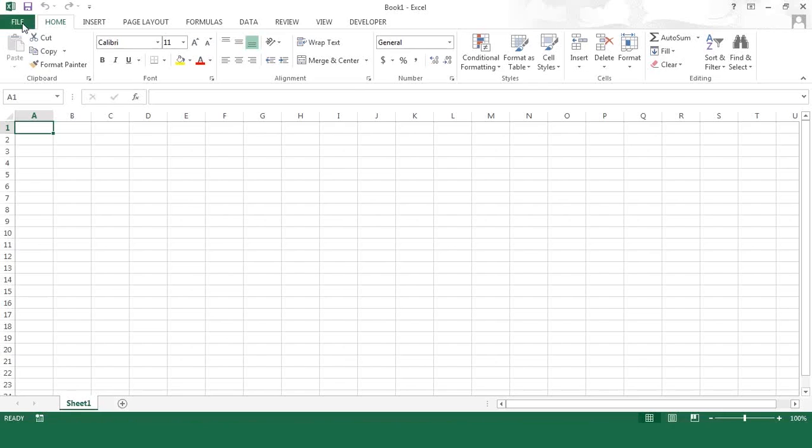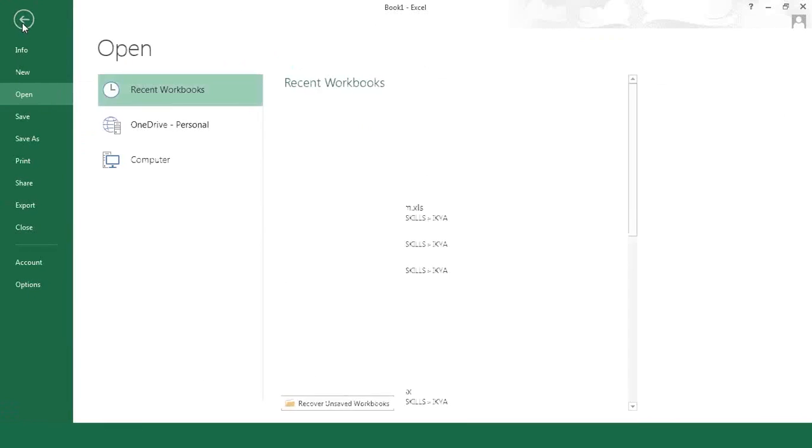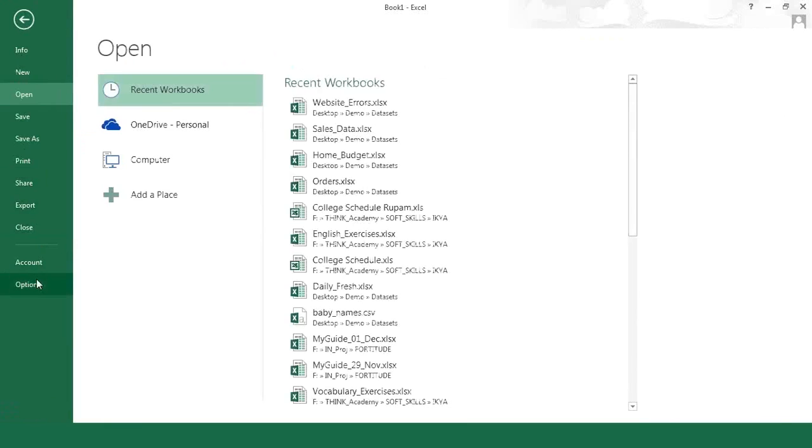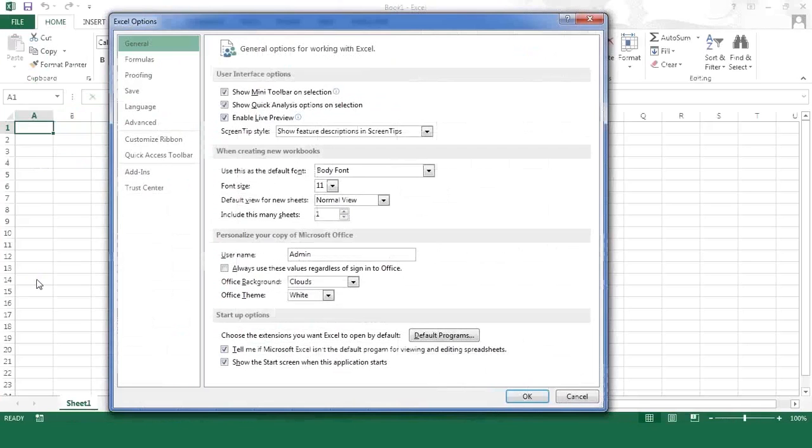So what we usually do, we go to File, and then we have something called Options. This is how it will look when you go to Options. Previously we had concepts like File, Properties, and other options, but from 2007, 2010 they have modified the environment. Usually we go to File and Options, or we click on the logo of Excel on the top left corner, and from there we can select Excel Options. So right now I'm talking about this